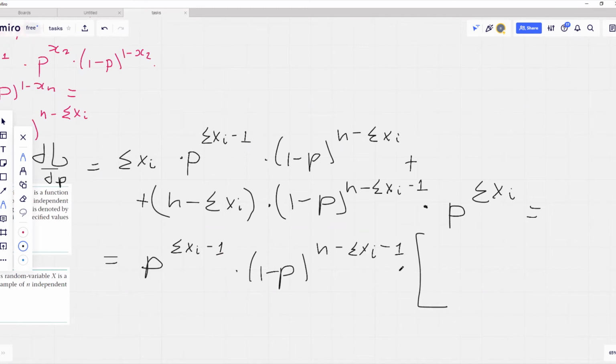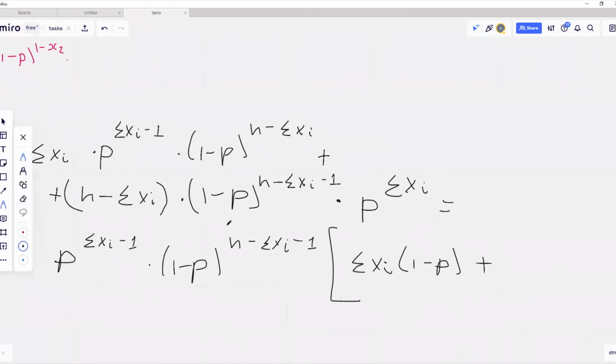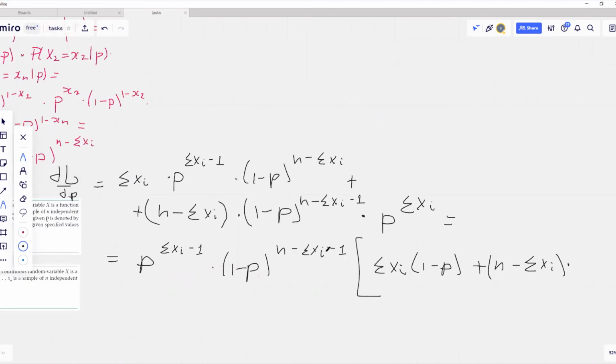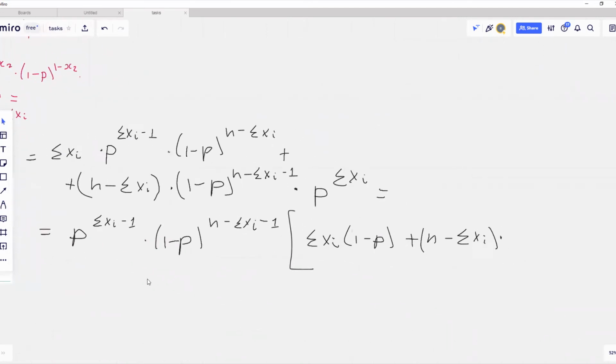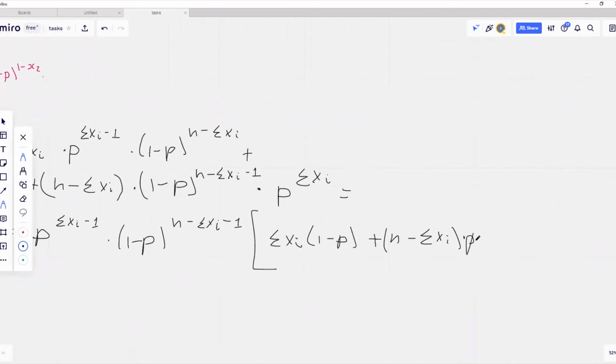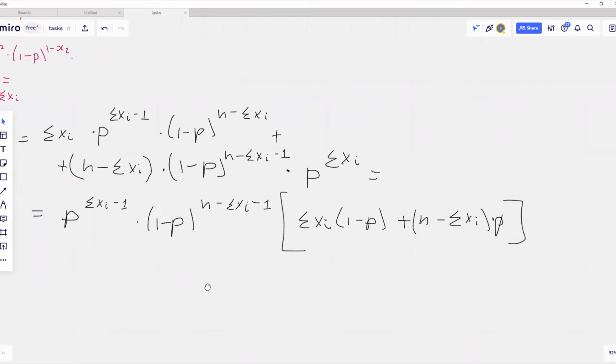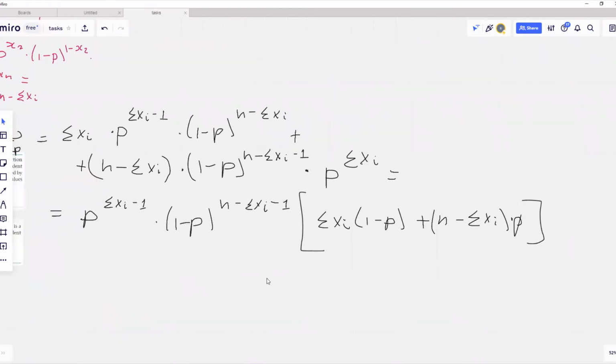The things that will be left inside are the sum of xi's multiplied by 1 minus p, plus n minus sum of xi's multiplied by p. All right, now if we equate that to 0 and solve for p,